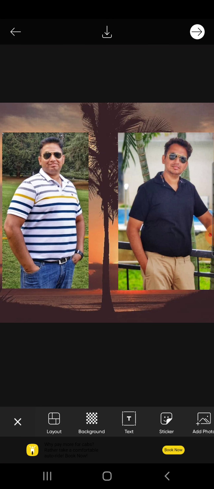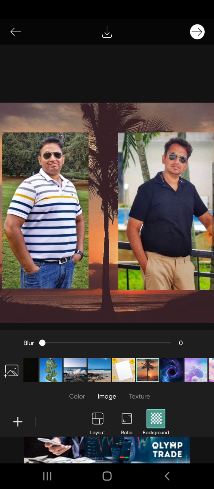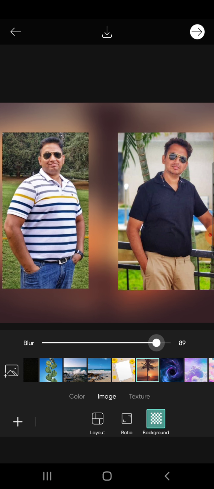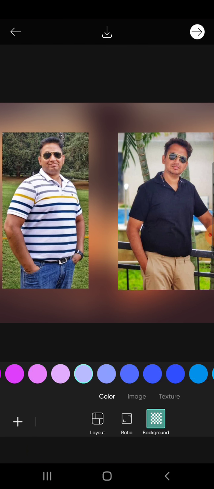One option here is that in the background, you can blur the image to however much extent you want. For example, now you can see this image fully there in the background. If I start increasing the blur, you can see now it is 75% blur. If required, I can also go till 100%, which makes the background blurred, but it gives a lot of good quality to the background compared to the normal color which is there by default.